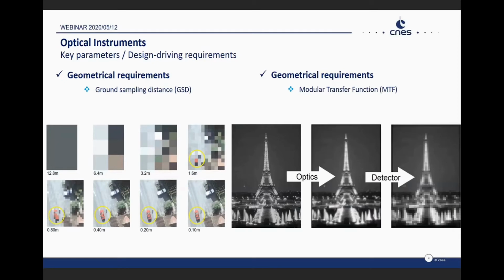The GSD taken alone is not sufficient because you have to take into account the accessible contrast. This is characterized by the MTF in the spatial frequency field. As seen for GSD, optics and detector bring their contribution. Optical quality is decisive, so good manufacturing is essential to ensure quality of the image and GSD as seen before.